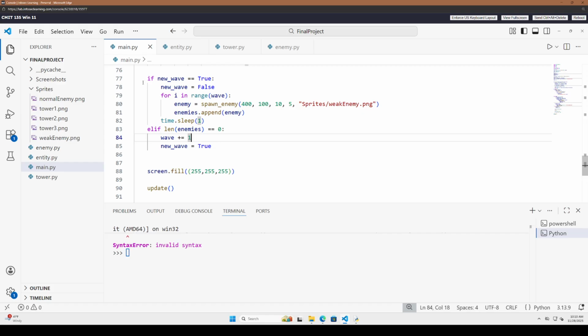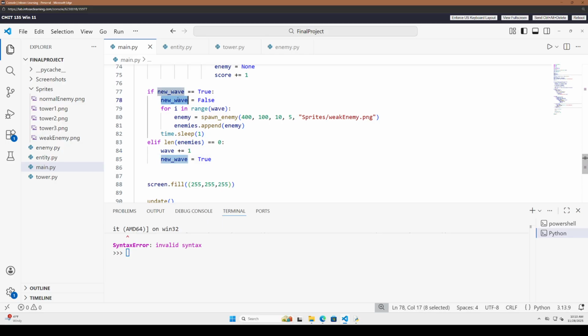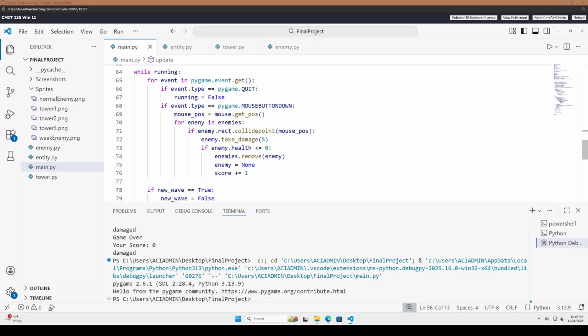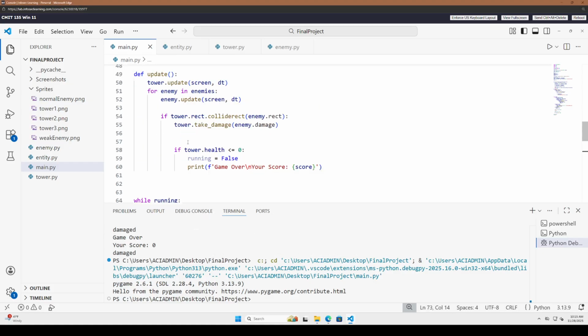So in the first loop, new waves equal to true, set it to false, and then update this list. What we can also do, yeah, okay. So now this should work for us. So we have a bit of an issue where it keeps printing game over after each round. And the other reason that that can happen is that the tower rect is colliding with the enemy rect at the start. So if we go into our entity,